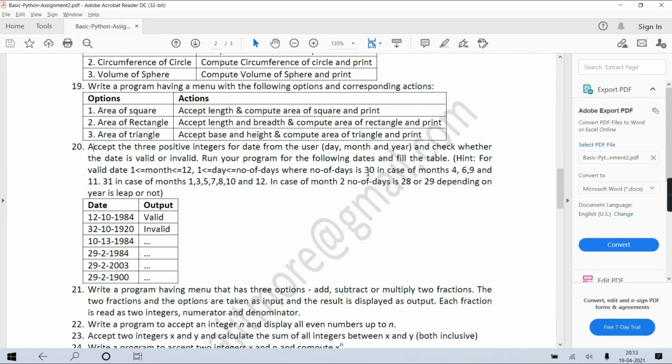So these months have 30 days. Then 1, 3, 5, 7, 8, 10, and 12 have 31 days. And month number 2, that is February, can have 1 to 28 or 1 to 29 days, based on whether it's a leap year or not.